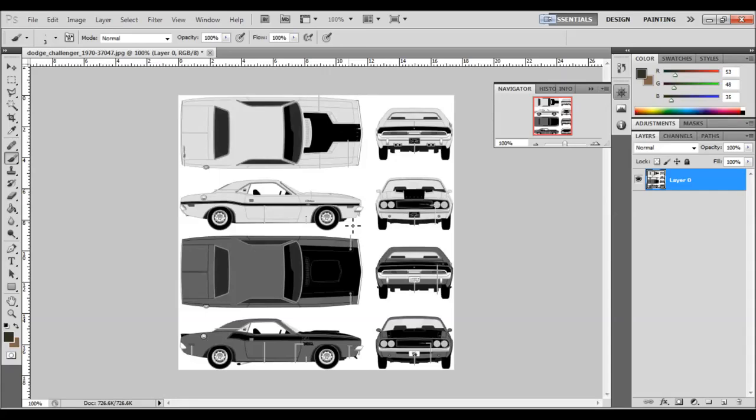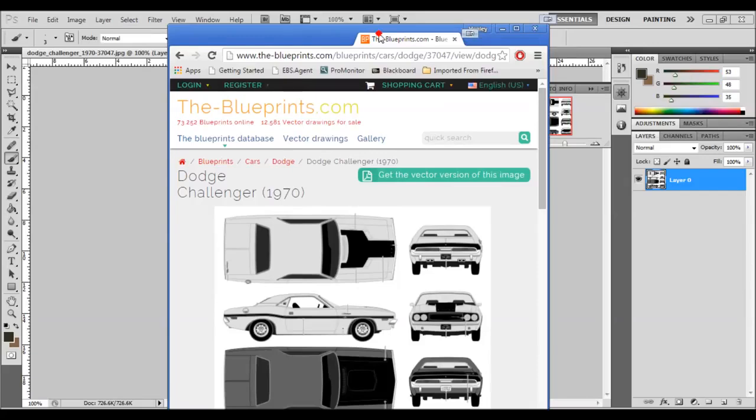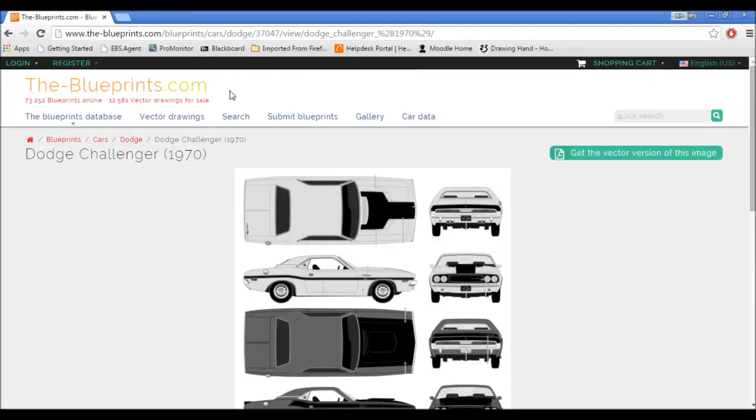You will need to separate them. So first of all, I've gathered some blueprints, as we can see there in Photoshop. These are actually from a website called theblueprints.com, which is just here. It's actually a free website that gives you some resources that you can look at and find out which vehicles you want to use. There's tractors, there's cars, there's vans, there's lorries, there's planes, the lot, tanks, any sort of